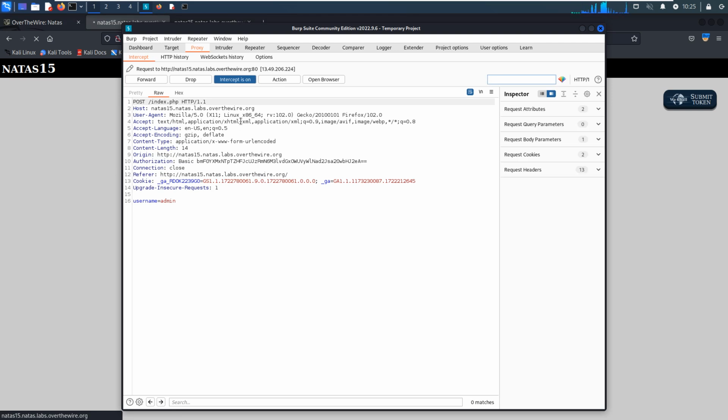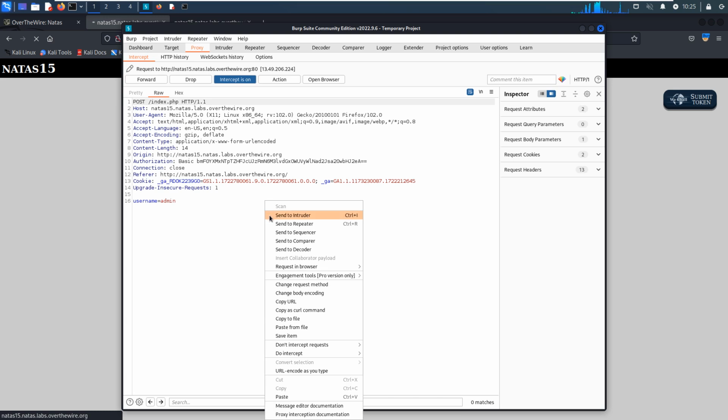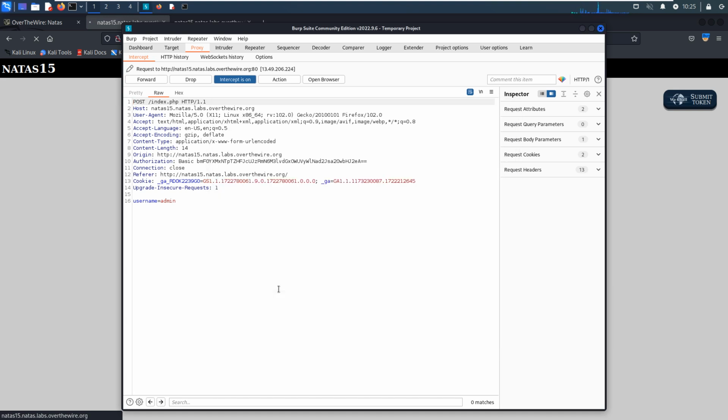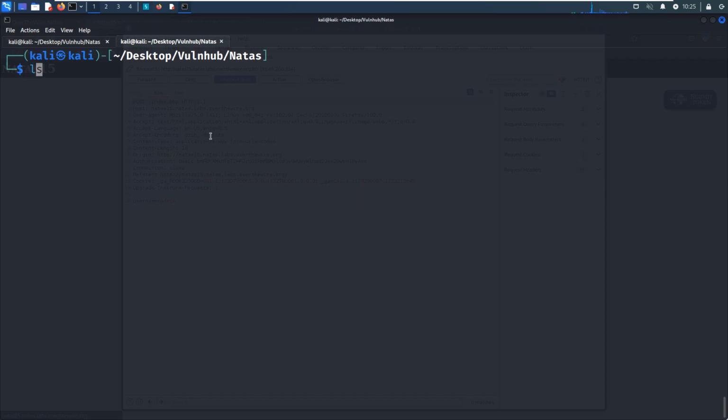Burp Suite intercepted this request, and then we can save this request to a file. We can name it as a text file, req.txt, or any file name you are comfortable with. Let's hit enter. Now go back.